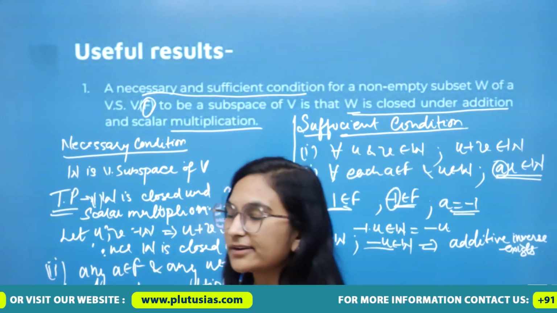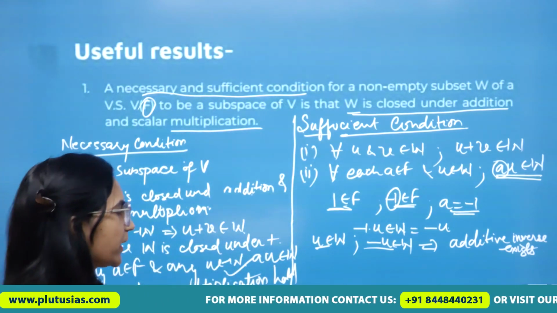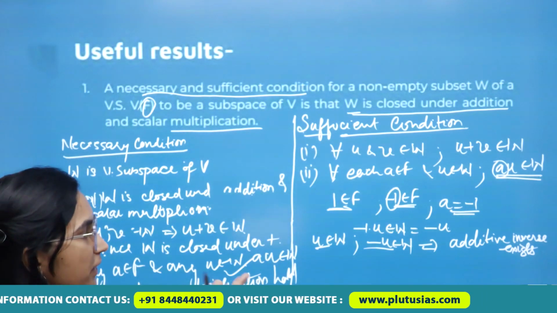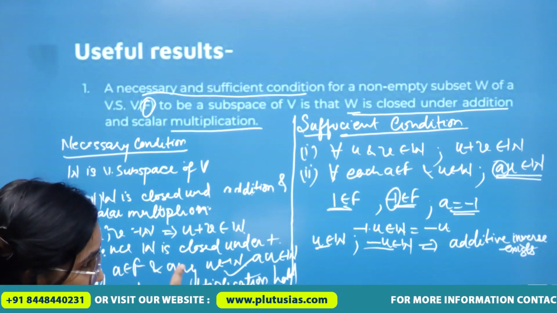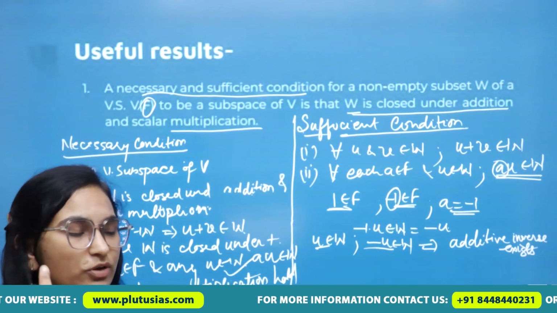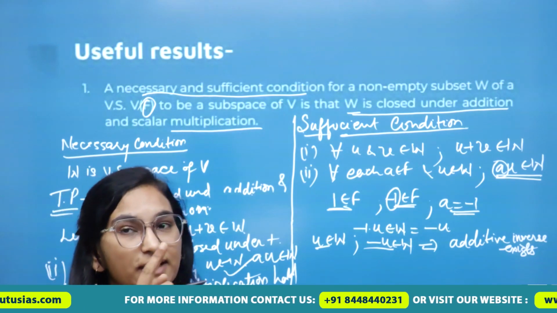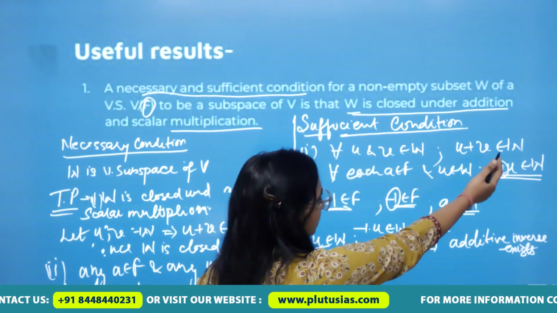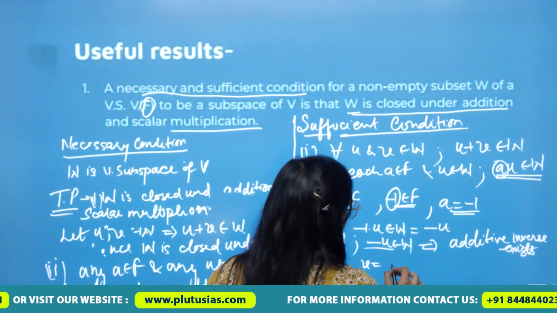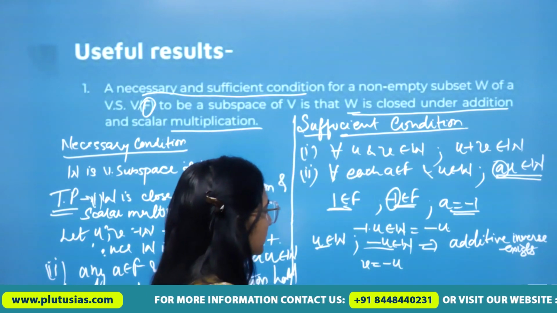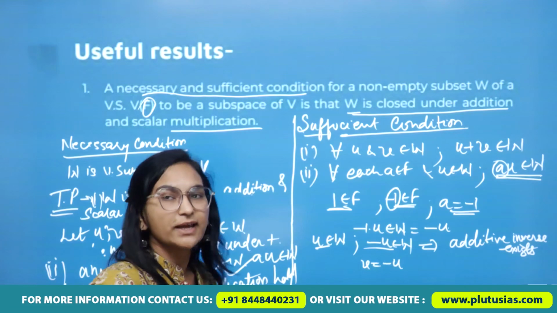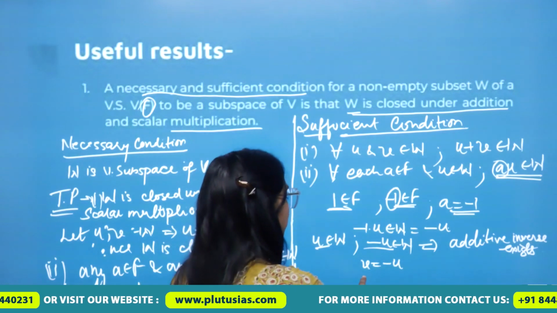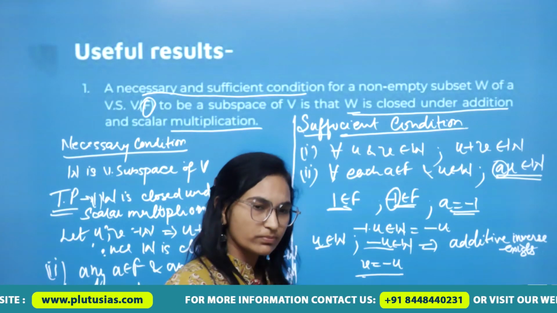Second, we need to prove additive identity. Tell me, how would you prove additive identity? You have two things, and third, you have the field. In these, you have u plus v belongs to W and you have minus u also belonging to W. In particular for v, we can take minus of u, right? We can take it now because v was any element of W, and we take v equal to minus of u. We could not prove this earlier because we didn't have minus of u. But now we have proved that additive inverse exists, so in particular we take v equal to minus of u.